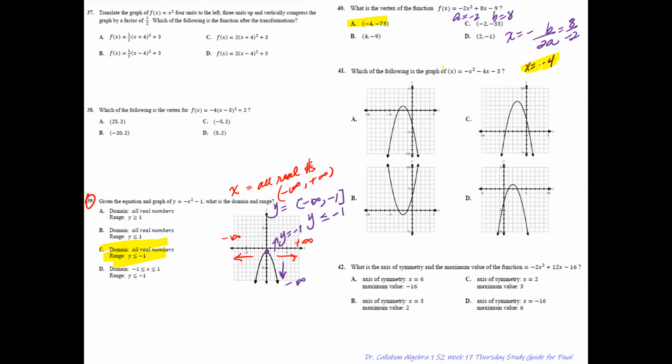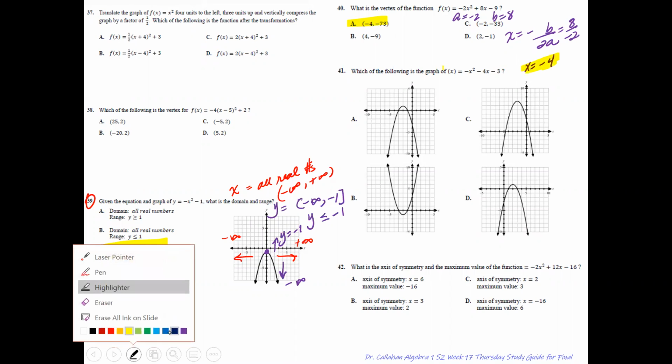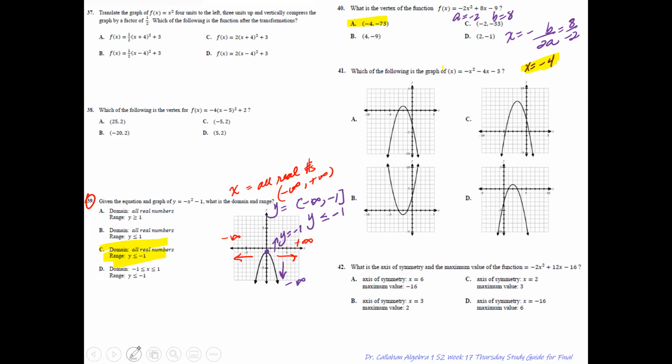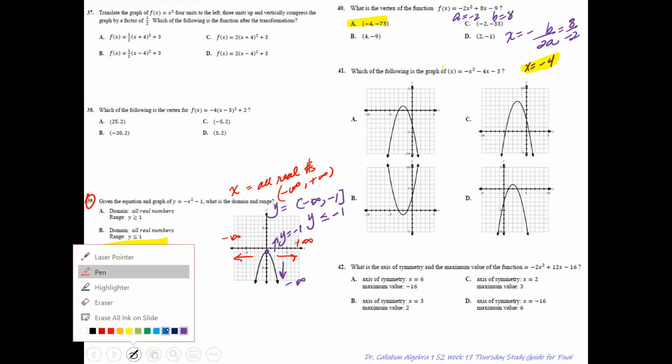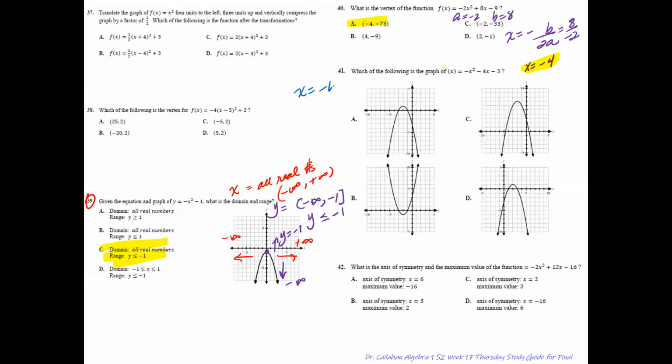Number 41, which of the following is this graph? So once again, we want to go ahead and find the vertex, which is x, and x is going to equal to -b over 2a. So your a is the -1, b is a -4. So -b is a +4. 2a, 2 times -1 is a -2. So x equals -2. And given the fact that this is a sad face,